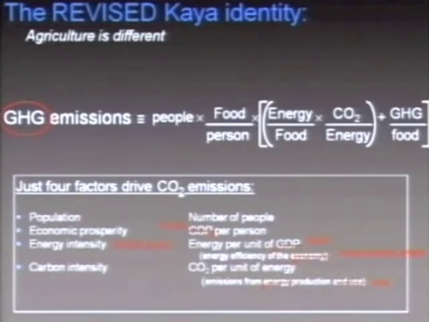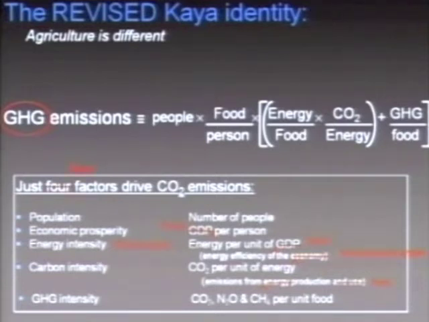And so we need to account for those as well. We can think of modifying our equation like this, where we talk about the energy required to produce a given amount of food and the source of that energy. Is it clean energy? Is it generated from biogas or hydro? What's the source of that energy? And that's important. But also we have to think about these other greenhouse gases, the direct emissions from nitrous oxide and methane release. And for this formulation, the units for these are the same, so we can add those together and make an estimate of greenhouse gas emissions.